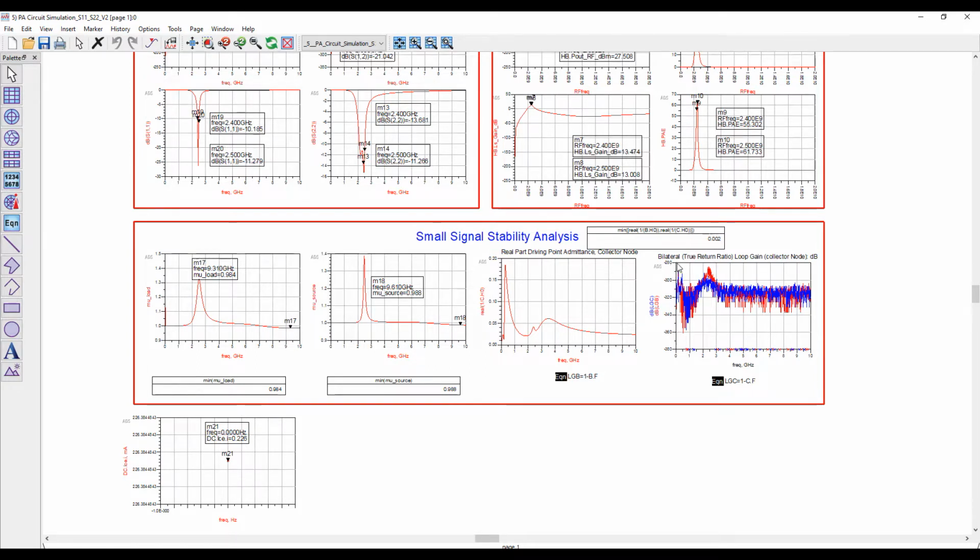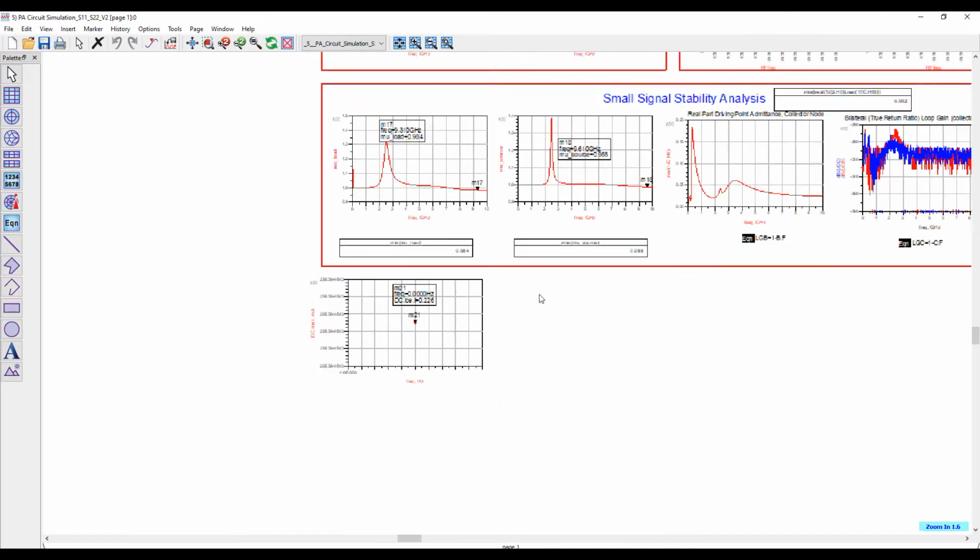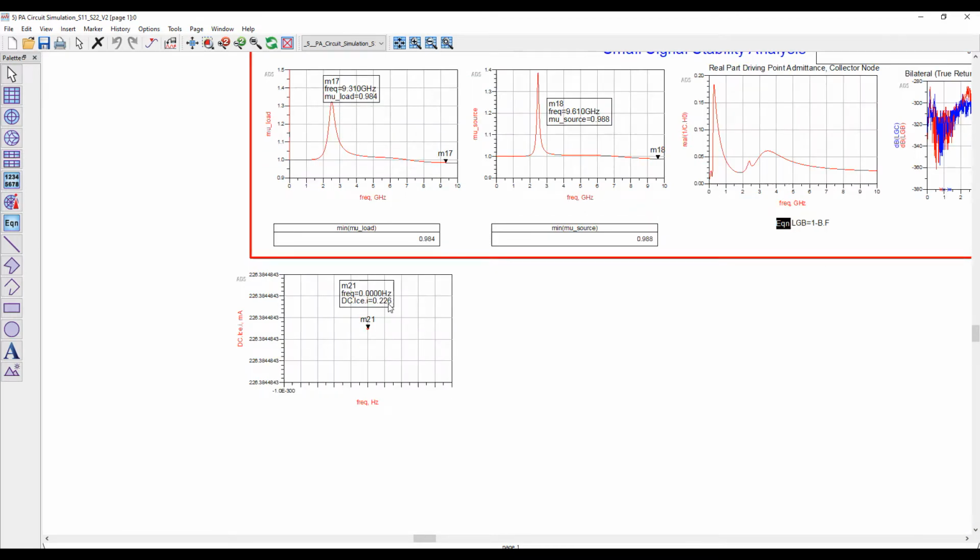Moreover, the bilateral true return ratio loop gain at collector and base is less than 0, which means the circuit is stable. These are the stability analysis done via WS probe. To know the details of these WS probes and the stability analysis, please watch videos titled How to Design a Stable High Frequency Amplifier from Matt Ozales in the Keysight Design Software YouTube channel. The total current consumption is 0.22 ampere.